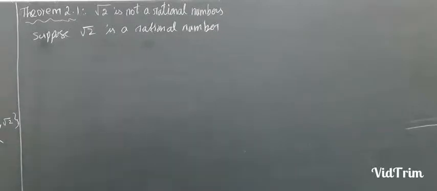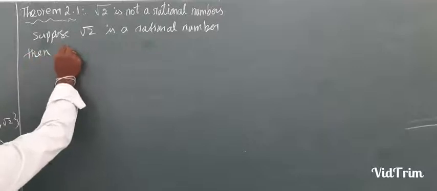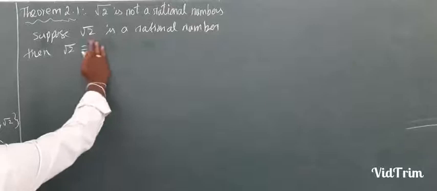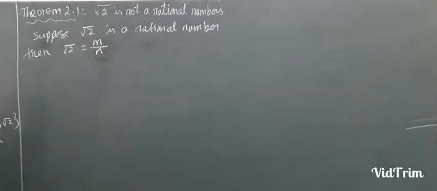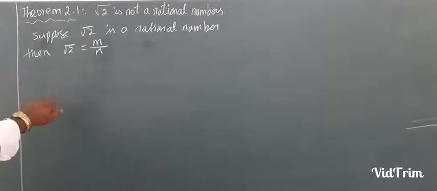So first of all, you select root 2 is equal to P by Q or M by N. At your root they are given M by N. That is the given fraction format, M by N. I hope you understand, where M and N are positive integers greater than 1. That is the important one.